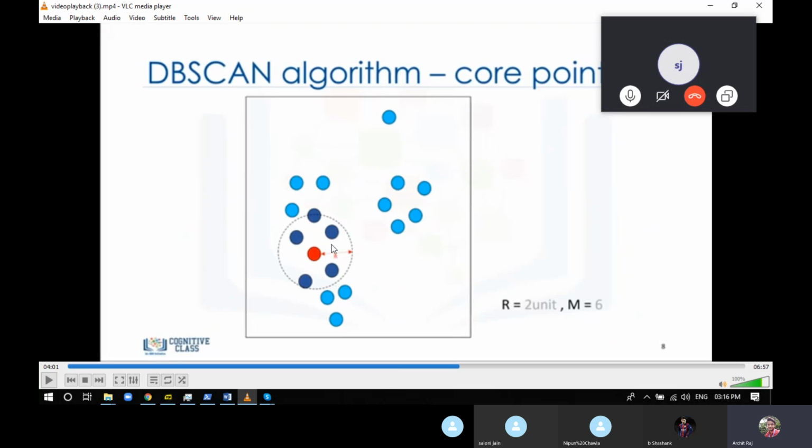Now we'll count how many points came inside the circle, and if they are on the circle also, they'll be considered inside. So with R as 2 and the circle made, 1, 2, 3, 4, 5 points came inside the circle.